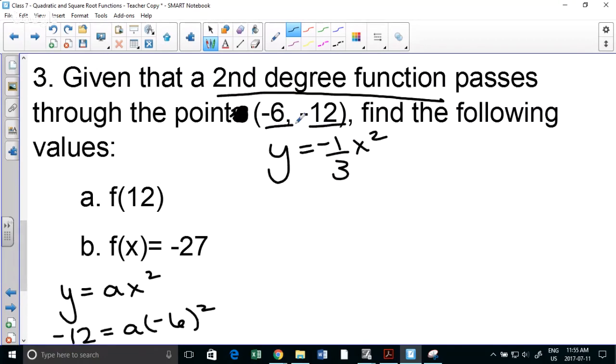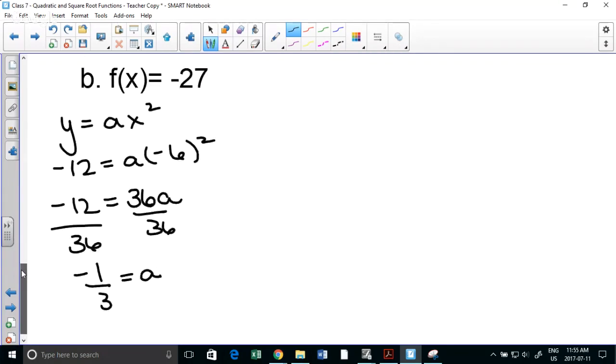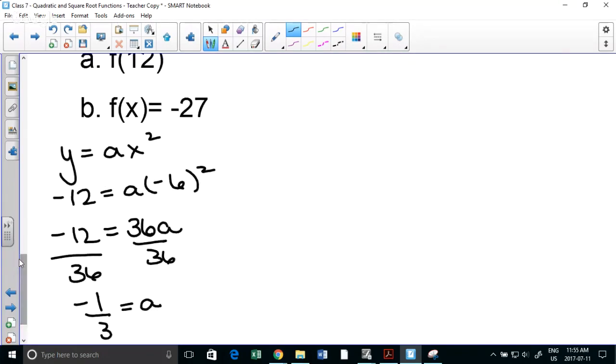-12, -6. It's from the point that you were given. No worries, I'd rather you ask. Perfect. Make sure we're all on the same page. Sometimes I forget to say something, so it could have been that too. So always ask.